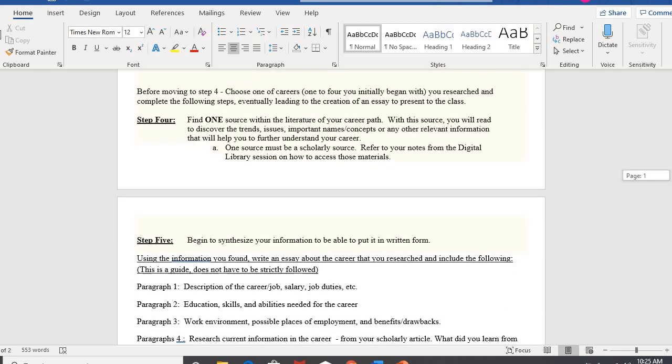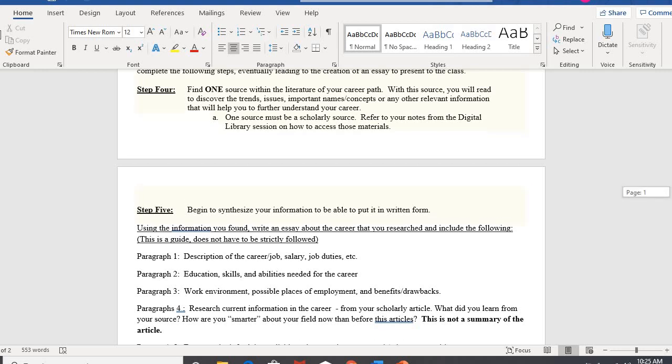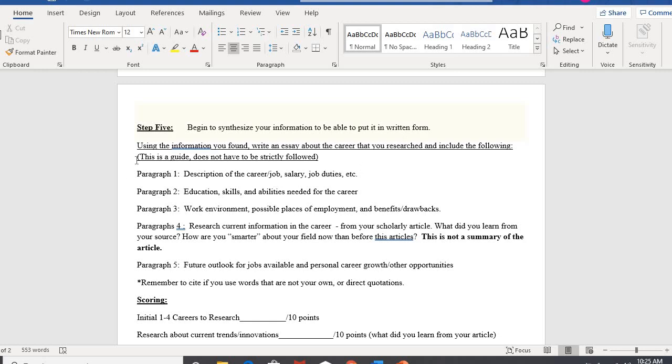I took out the original step 5 completely. So now that is one less step for you to work on. And then the last step is synthesizing, putting all your information together. And I still have that outline of what you're doing. Paragraph 4, if you're doing the essay, talks about what you're going to do with your article. You're basically just telling me what you learned from your article. So this really gives you an outline, and I will show you as well some outlines of how you can